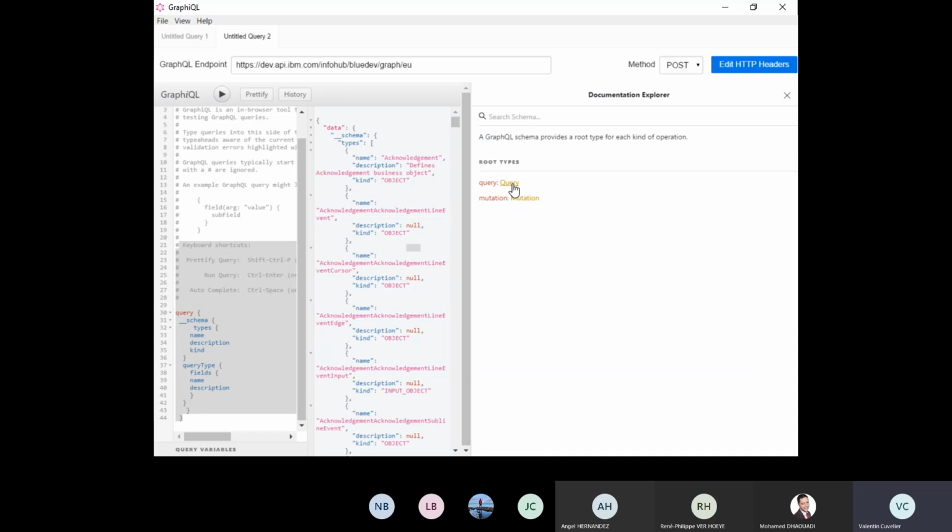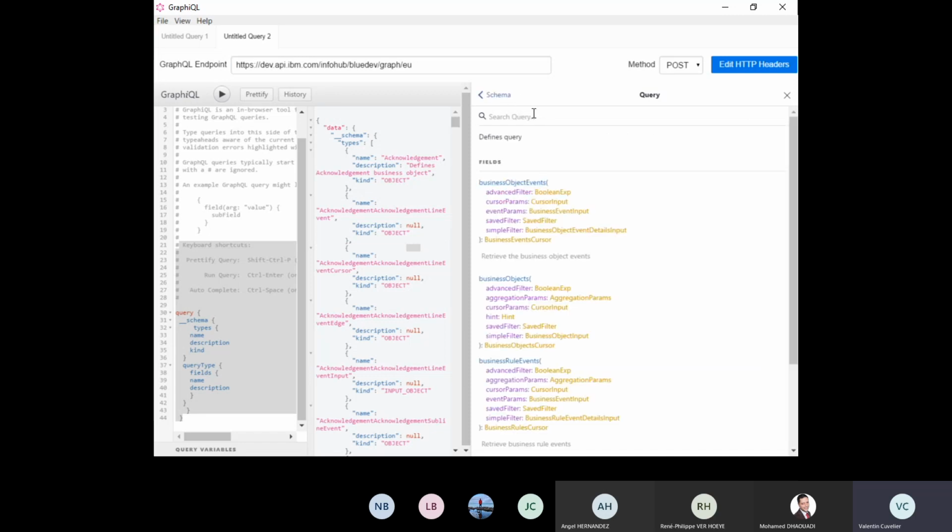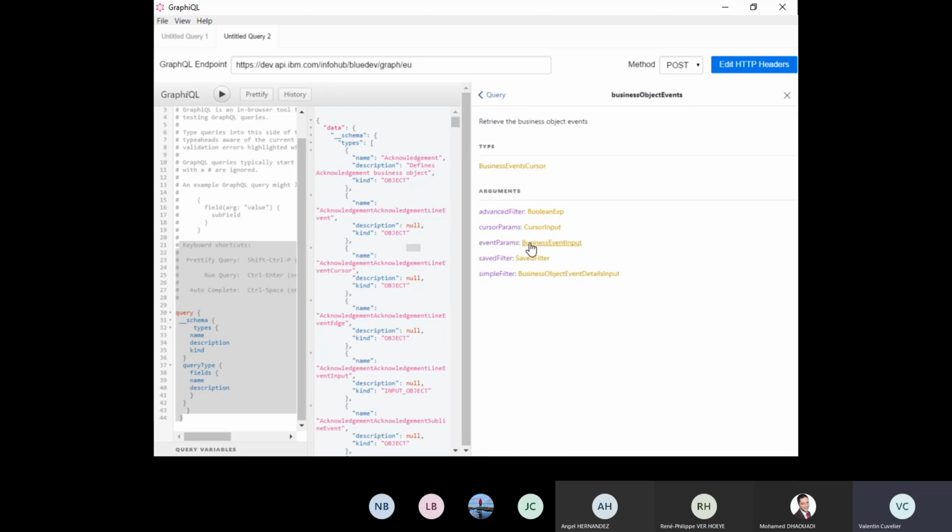If we go to query, we see the different queries that we can use, and we can advance and browse all the objects and all the methods that we can access. It's really interesting to have this tool because you can simply browse the tree.